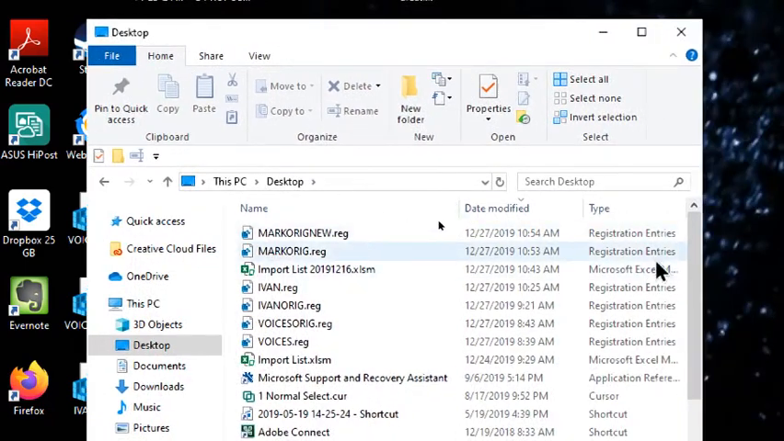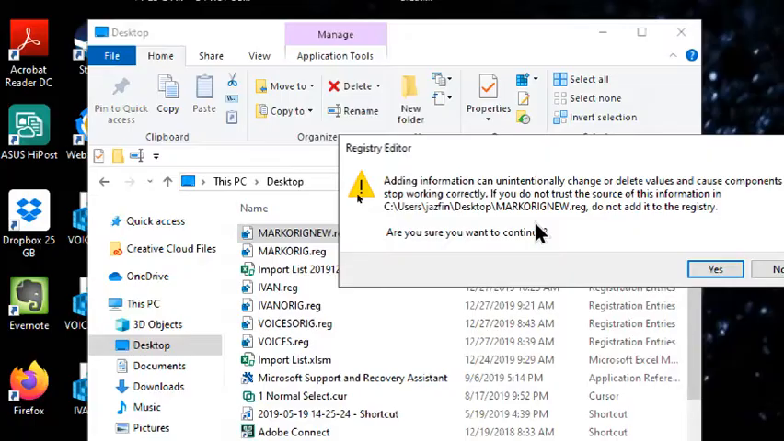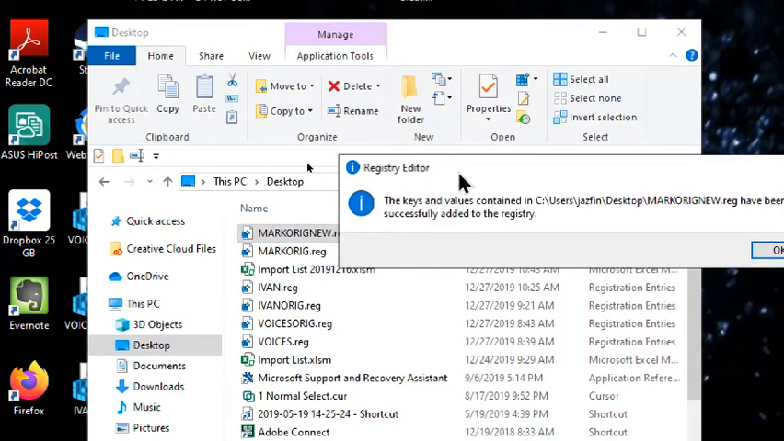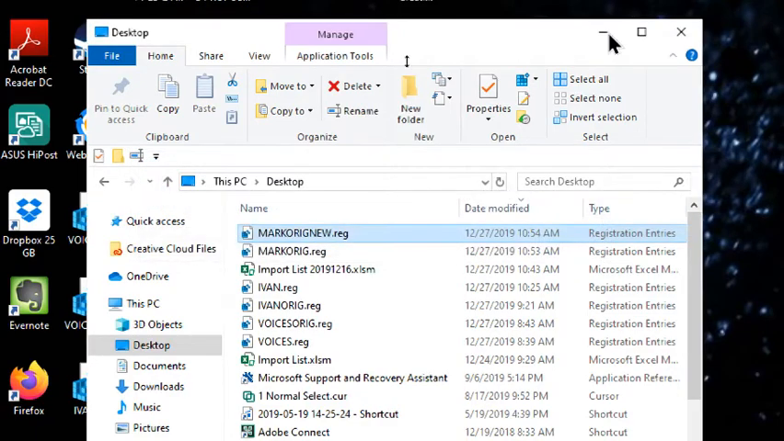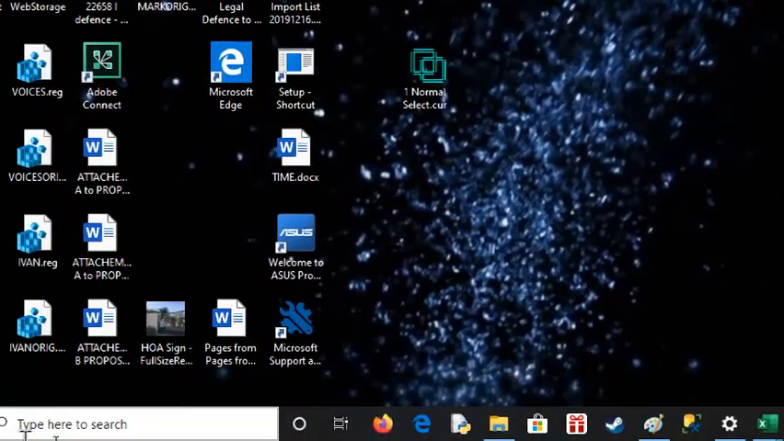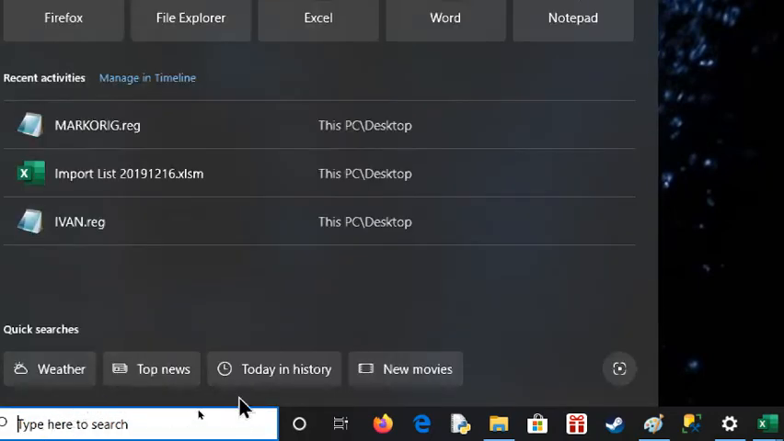Just make sure that it's a registration entry, mark orig. And do you want to allow this app to make changes? I'm going to say yes. So mark orig is now going to make changes. The keys and values contained have been successfully added to the registry. Now what I'm going to do, if this doesn't pull up, what I'll do in the next video is close out my computer and then reopen the computer to show you